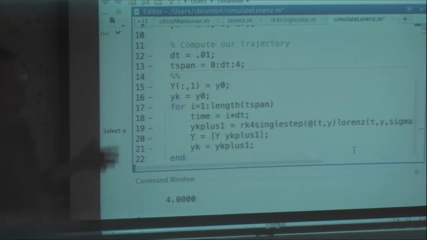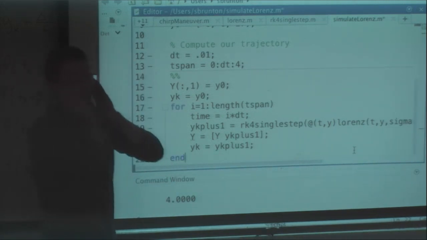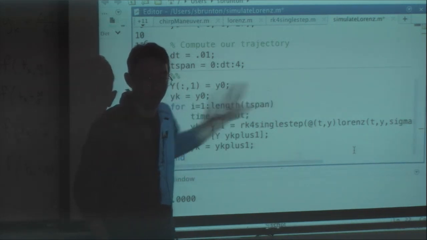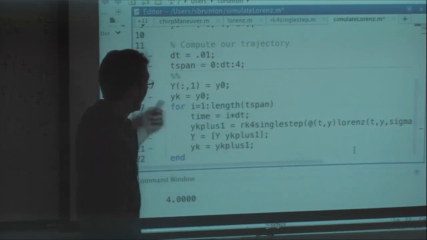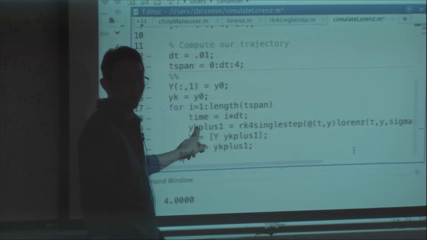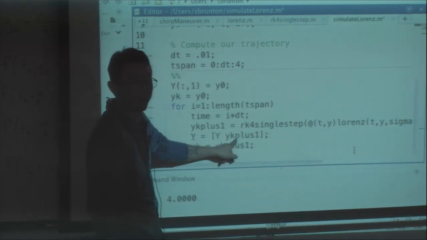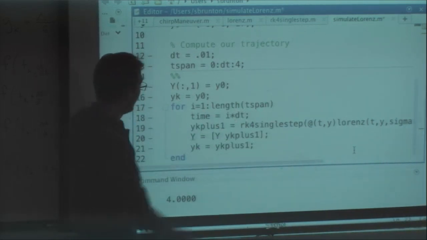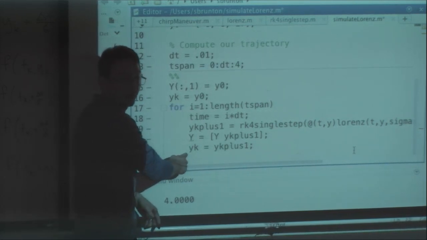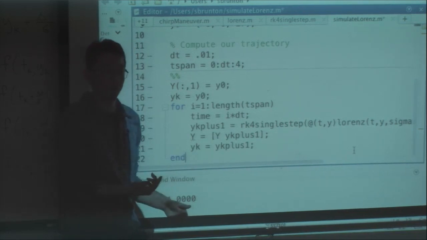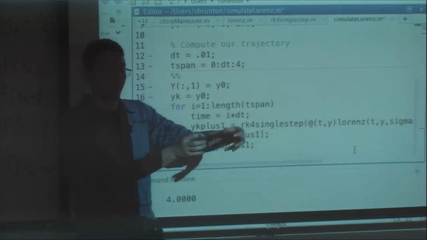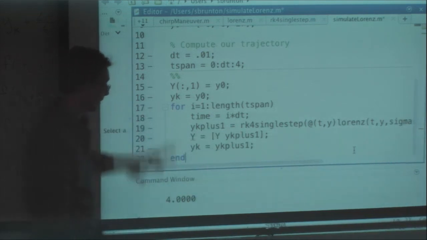Okay, this is a lot of steps to build an integrator. We have to count through all of our time that we want to evaluate for every dt. For every dt, we plug in yk into our integrator, and we get yk plus 1. And we add that to our history so that we can keep track of it. And then at the end of every single time step, my new yk becomes my old yk plus 1. Right? The yk plus 1 from the last time step becomes yk for the new time step. Okay, so that's our integrator.